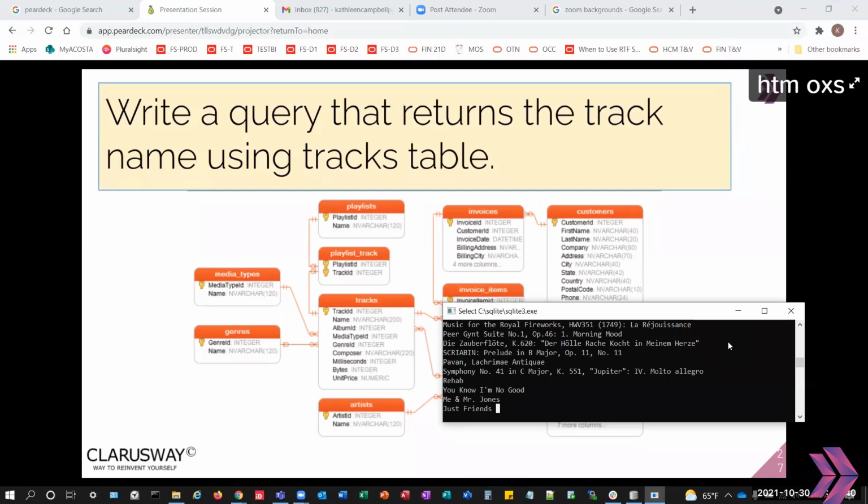Saw one in there called Like a Shark. I don't know if that's a real song, but